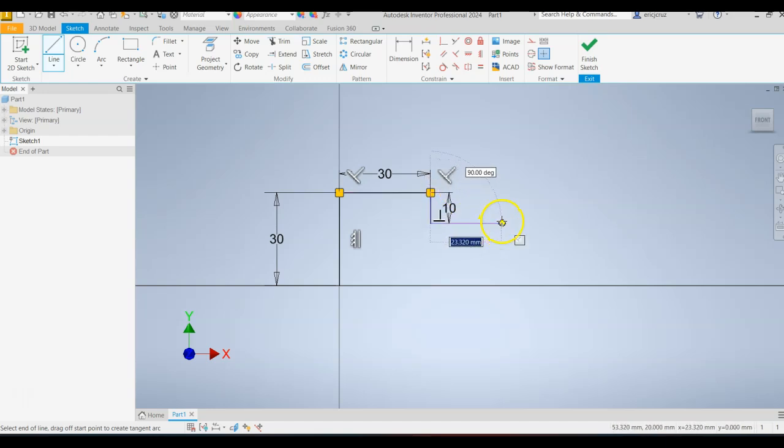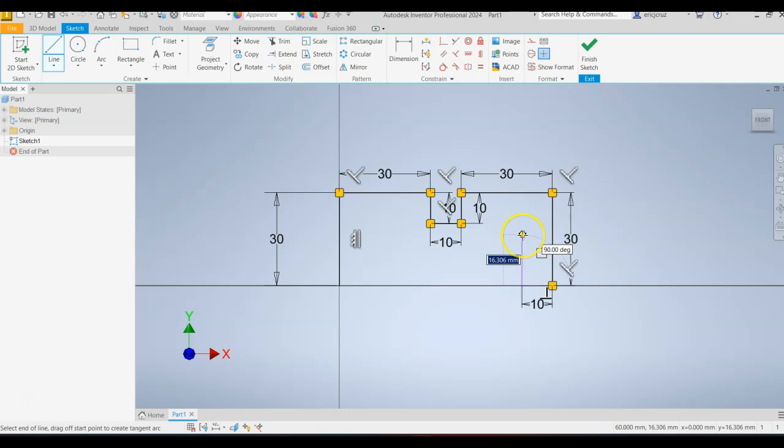over by 10, up, and we're going to go by 10, and then over by 30, and then we're going to go down by 30. To the left now, we're going to go left by 10, enter, and we're going to go up 10, enter, and here's where we're going to stop. So press escape on the keyboard